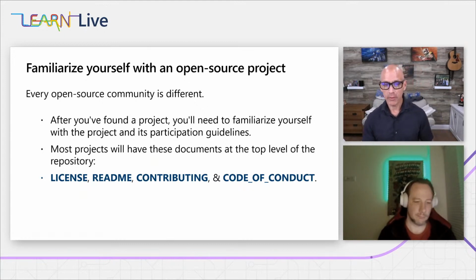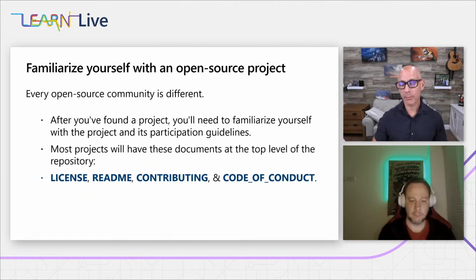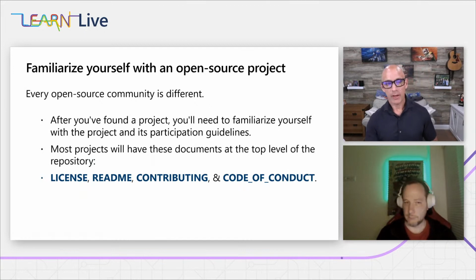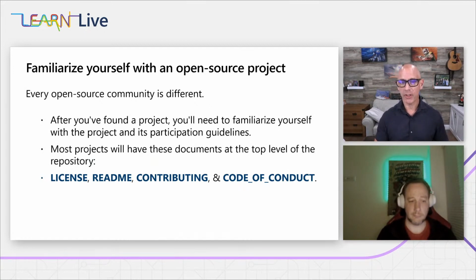The contributing file shows you how you can actually make contributions to the project. So based upon who the open source community or authors are for that project, they'll outline in the contributing file what guidelines they want you to follow. Like, you can contribute, but once you do this, please make sure you follow this format. Or if you're going to make a pull request, please first do this. For example, something I like in contributing for my projects is to ask people to first search the issues and the pull requests to see, is the same thing you're asking for already being asked by somebody else? If so, use that. And then the 4th file is a code of conduct. I find this super important in this day and age.